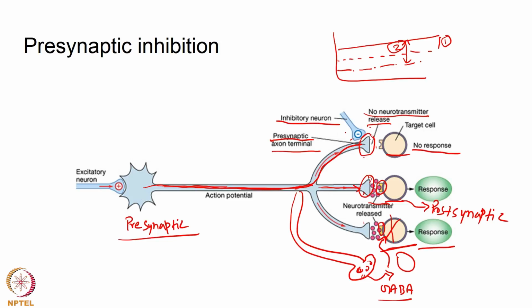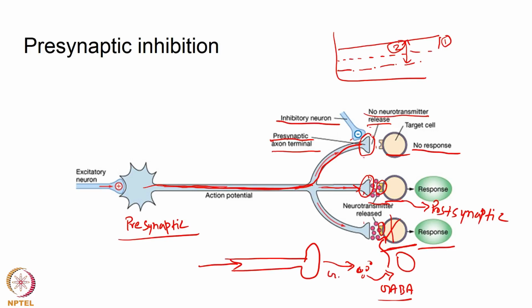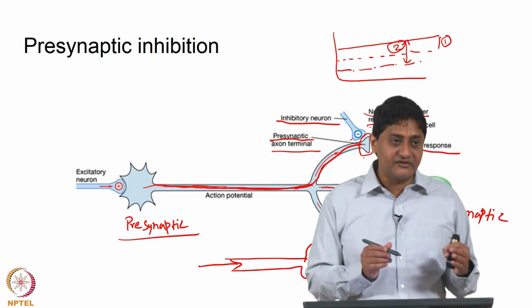This is presynaptic inhibition. There can be multiple cases of this. Or there may be another neuron, an inhibitory neuron, for example, through which whenever an action potential comes, GABA is released. Now GABA travels to these places and inhibits these neurons and there will be no response. That is postsynaptic inhibition. So, a fundamental difference.